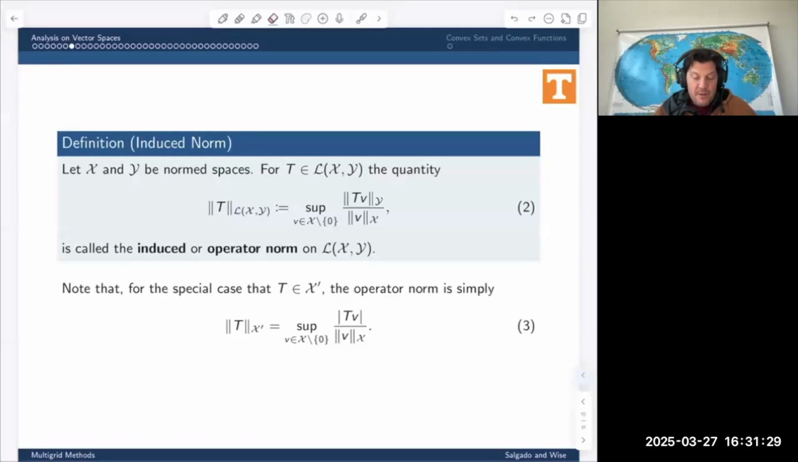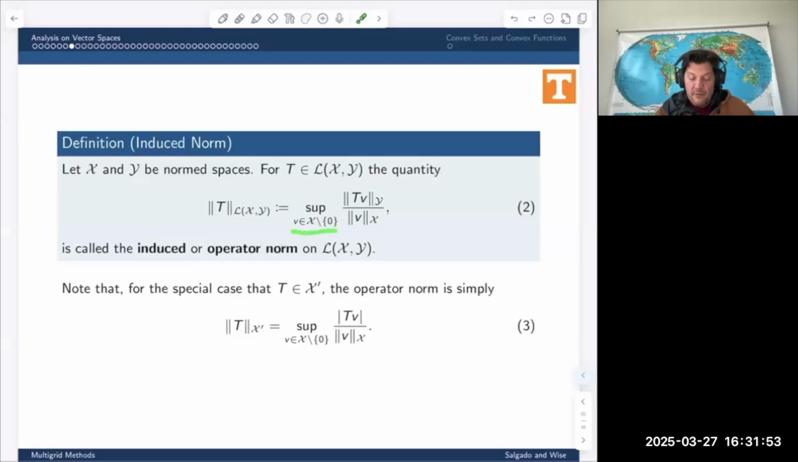Let X and Y be normed spaces. Doesn't have to be Banach spaces yet. Just normed spaces is fine. Suppose that T is a linear mapping, a continuous linear mapping from X to Y. The quantity or the object that we're defining here, this is called the operator norm of T, is equal to